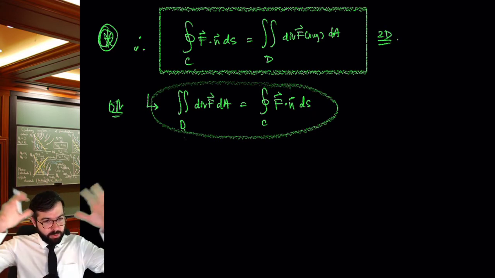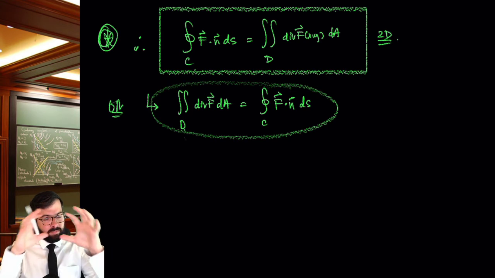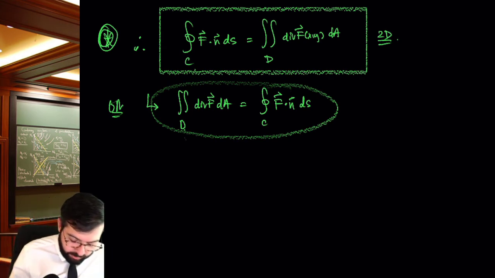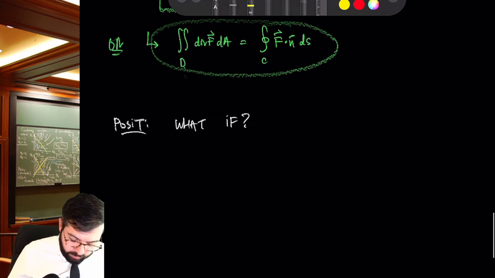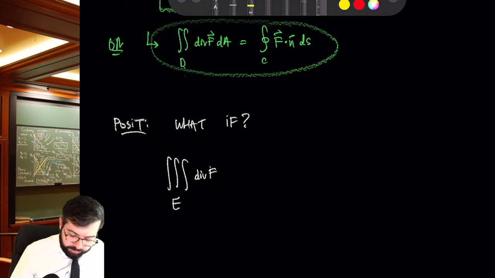What's passing through the surface of a solid versus what's happening on the interior. So you might posit here, what if the triple integral over some solid region E of the divergence of F dV is equal to